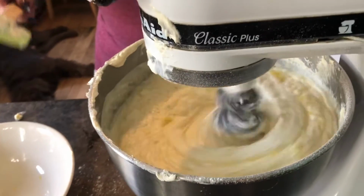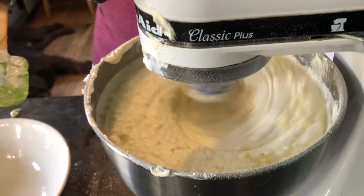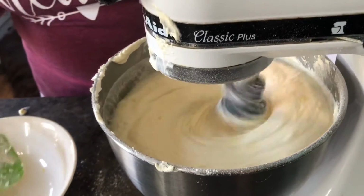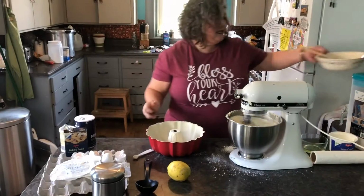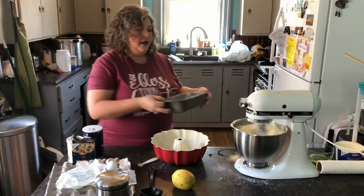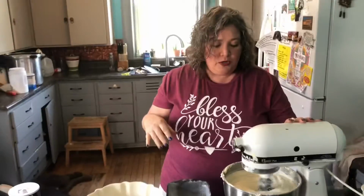Turn that up. It's starting to curdle just a little bit because of the lemon, but when I turn it up, that lemon's going to get pulled in there and incorporated, and it's going to go back to a cakey type batter. So, I said before that it makes a lot, and it really does. So what I'm going to do